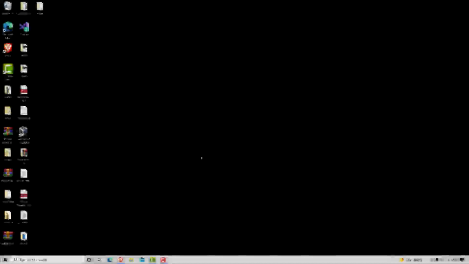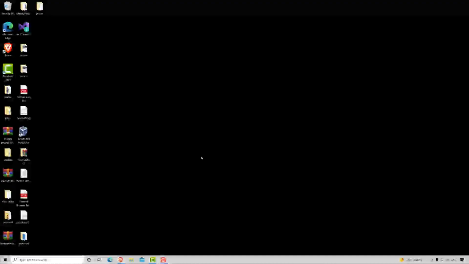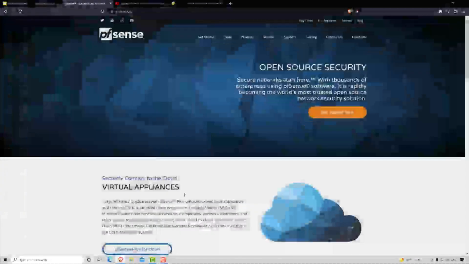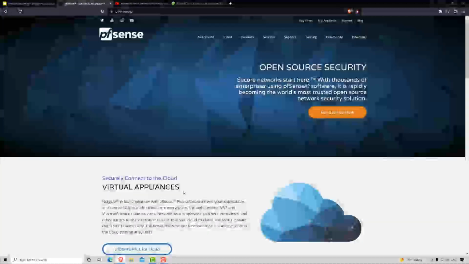Okay, so let's mention some examples of network firewalls that you can use if you need to. The first one that I want to mention is pfSense. This is a rather known free and open source network firewall that can be navigated and configured via the web